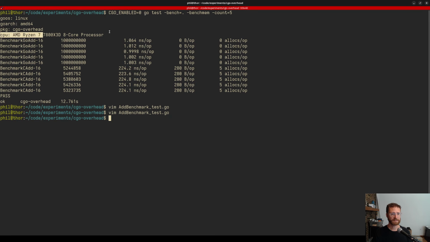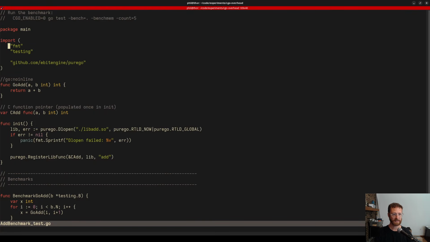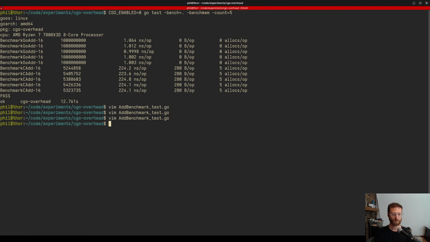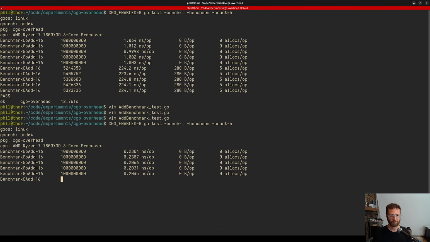Oh, by the way, this is obviously for my processor, which is a 7800X3D. The actual numbers for your processor might be different. And actually, another interesting thing would be to check the overhead of an actual Go function call. We can do that really quickly. If we open this up and take away this go:noinline and run this, we can actually see that the function call,